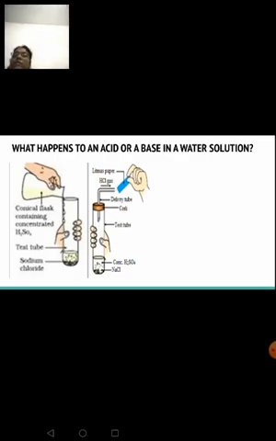Now, to test the acidic nature of the gas that is getting evolved, we will use a blue litmus paper. What is the characteristic of a blue litmus paper? It will turn red in color when it comes in contact with acids, right? So, here we know the HCl gas that is coming out is acidic in nature. So, in that case, it has to turn this dry blue litmus paper into red color. But the litmus paper will not undergo any color change because it is a dry litmus paper.